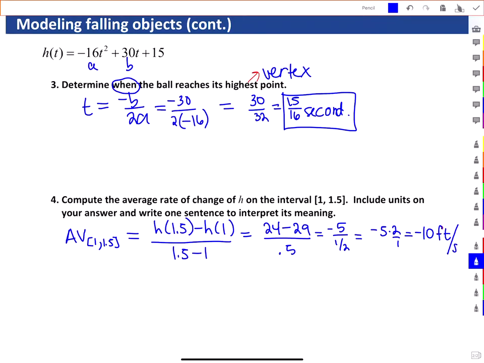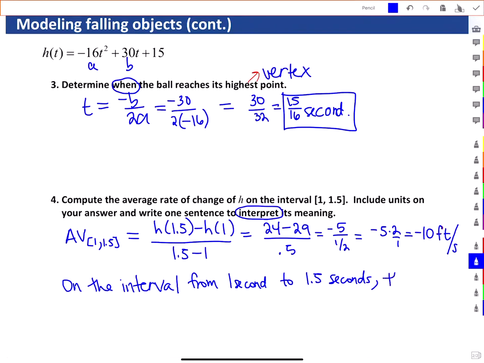Okay, now write one sentence to interpret its meaning. Oh yes, interpreting. We're going to be doing that a lot. So we already said because this was negative, that means it's decreasing. So we can say on the interval from 1 second to 1.5 seconds, the ball, I had to remember what we were throwing here, the ball is decreasing at